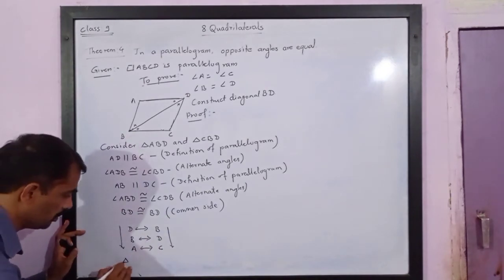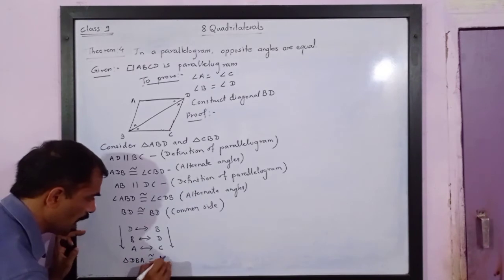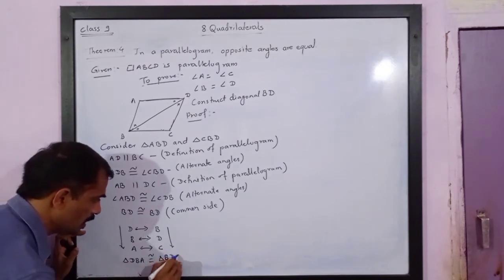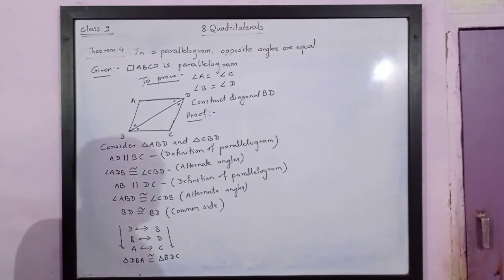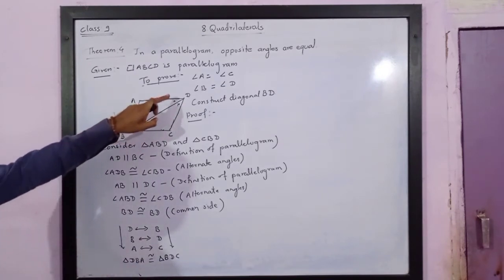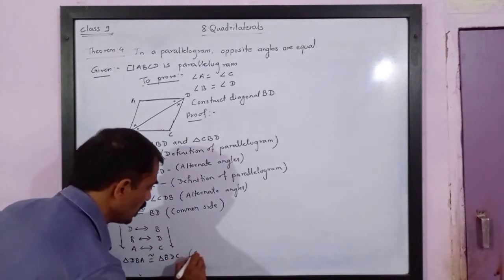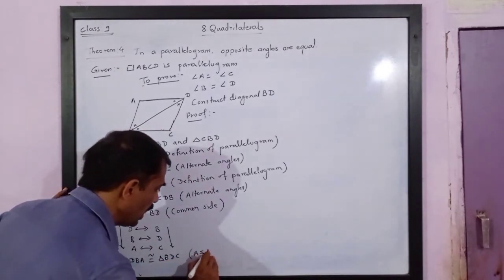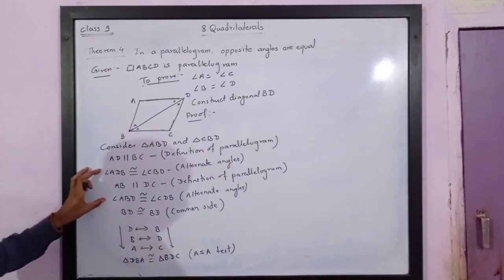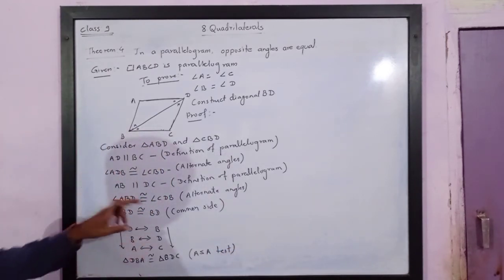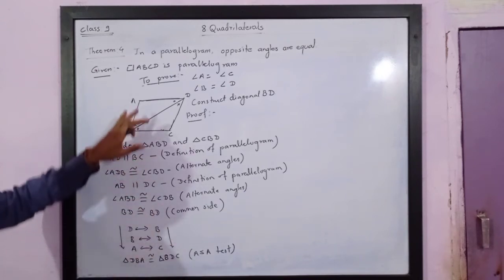So I have got, you can write in this order as well. Triangle DBA is congruent to triangle BDC. Reason is angle, side, angle. That is, side is included between the congruent angles. So these triangles are congruent by ASA test. Please note, two angles and one side is congruent, and that side is included by the angles. So the test is ASA test of congruency.